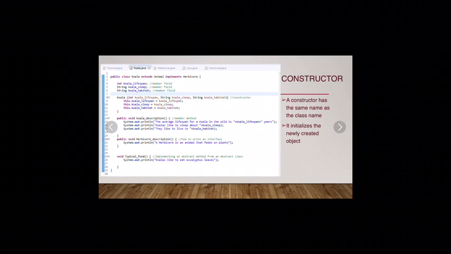And a constructor will have the same name as a class name. So if you're looking for the constructor or how to create a constructor, all you do is just name it the same as the class that you are creating. So in this example, this constructor is called koala, and the koala constructor is going to initialize all my variables. And in this example, I used this pointer. Moving on,